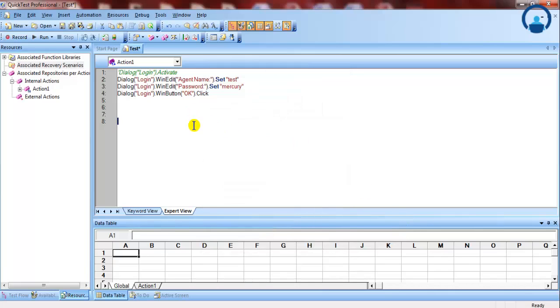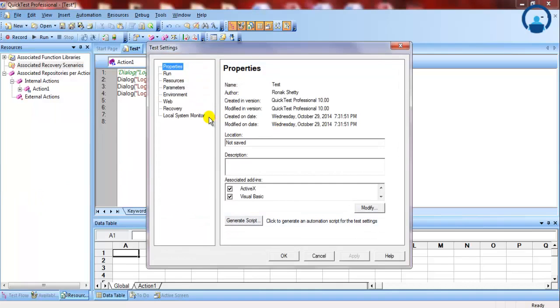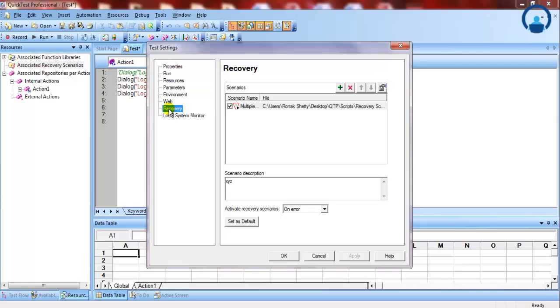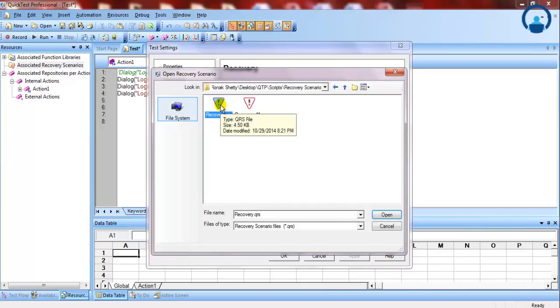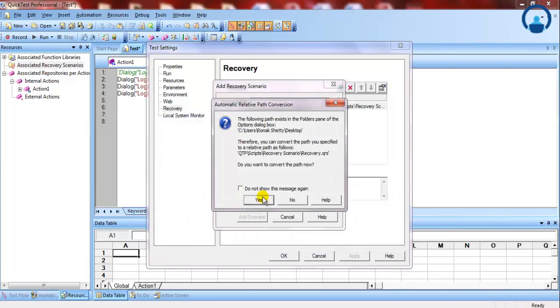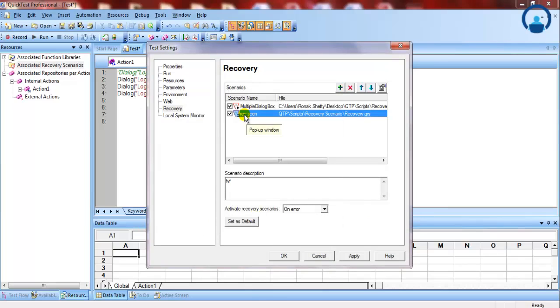Just any logical name. So now when you go to file settings, there's an option called recovery. So you'll see that we can also associate the other recovery scenarios which we had created. This was just a random recovery scenario which I had created earlier. So as you can see, I can associate multiple recovery scenarios with my test, and also I can change the